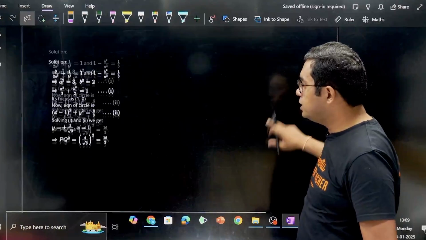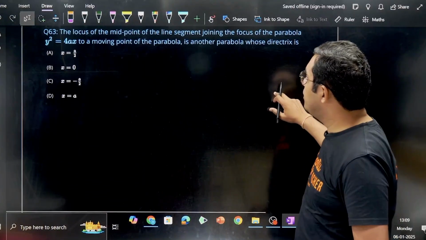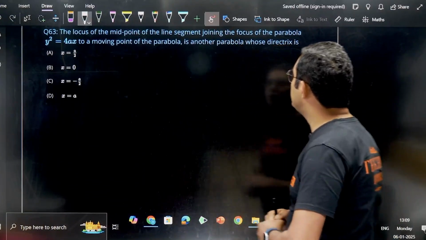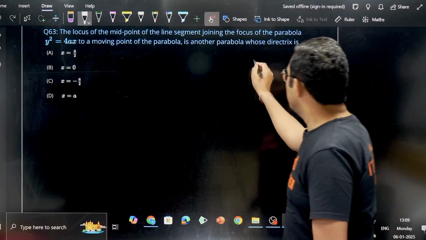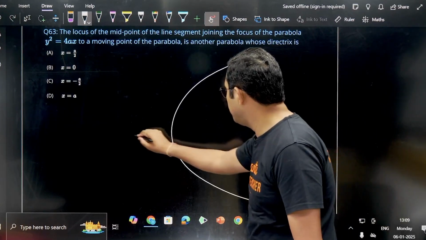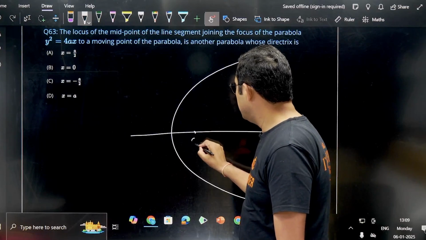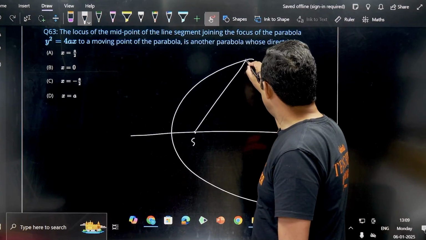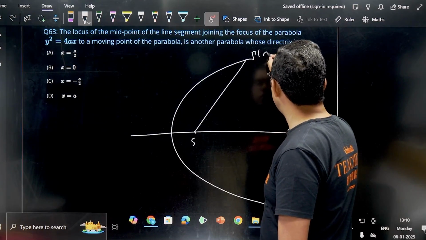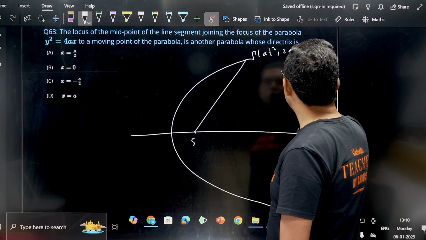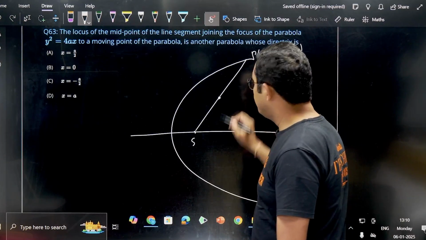Coming to the next question, 63. Locus of the midpoint of the line segment joining the focus to a point on the parabola. Okay, so we are given a parabola here. The coordinate of the focus is (a, 0), and we are joining this focus to a variable point, let us say (at square, 2at), and we are asked to find the